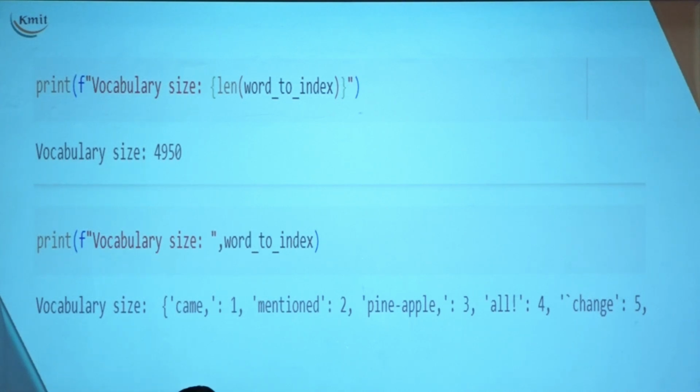4,950. Quite a big data. Yes? 4,950 words are unique words, not just words, unique words inside your data. And you can see word to indexing is also giving a proper result. It is just a small snip of that output. I could not capture it better. Okay, now,